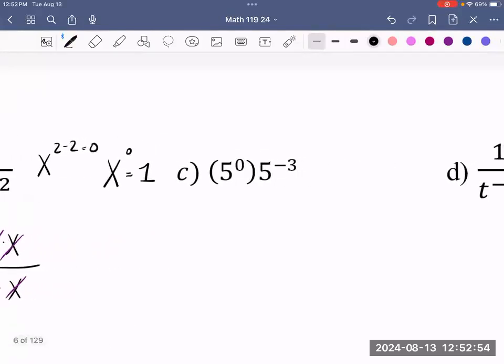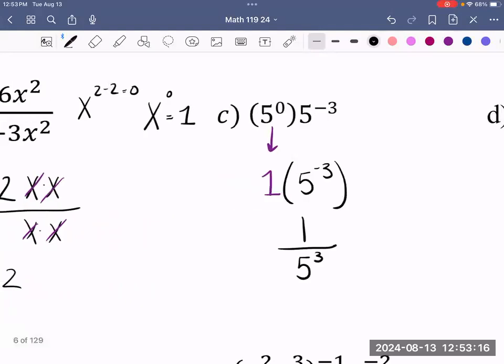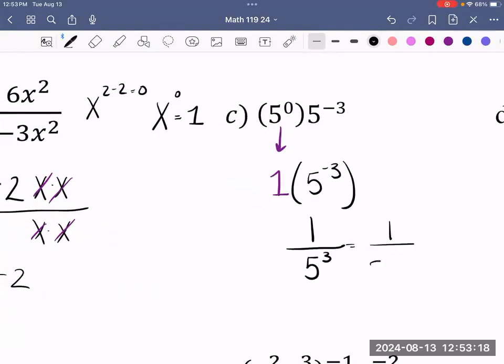Okay. Talking about anything raised to the 0 power, all of a sudden we have 1. So this now becomes 1 times 5 to the negative 3rd power. So that's an issue. We have a negative in the exponent. So we are going to change the location of it. So we have 1 over 5 to the 3rd, which is 1 over